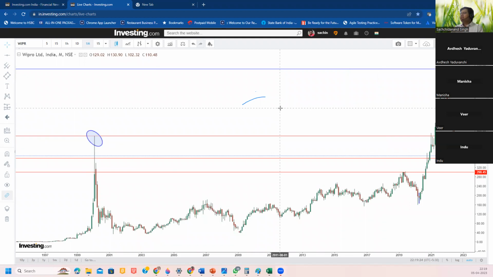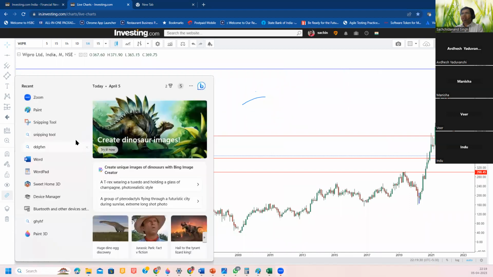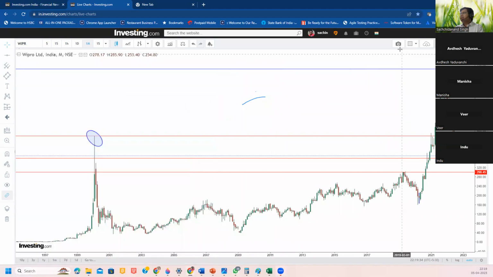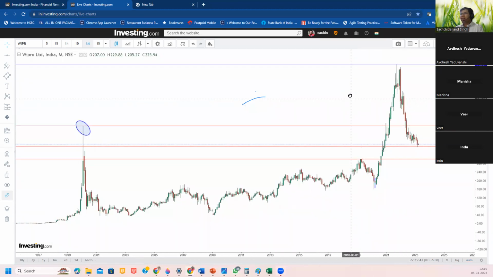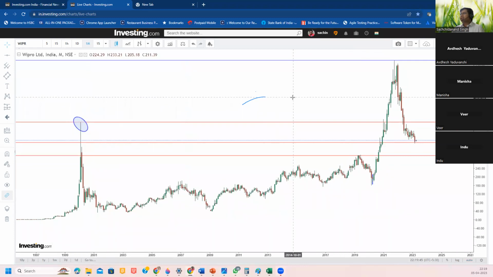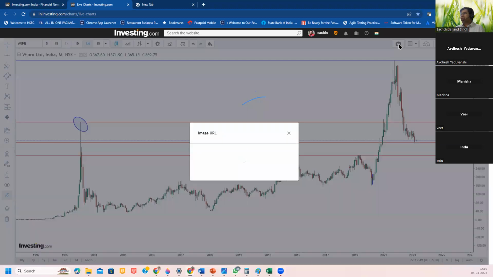To do that, you have two options. Either you can use the inbuilt snipping tool of Windows, or you can directly use the camera icon here. If you click on it, whatever area the chart is displaying along with your analysis, it will automatically capture the snapshot,